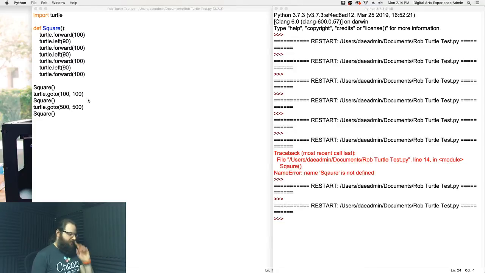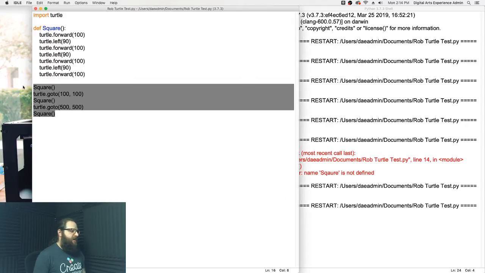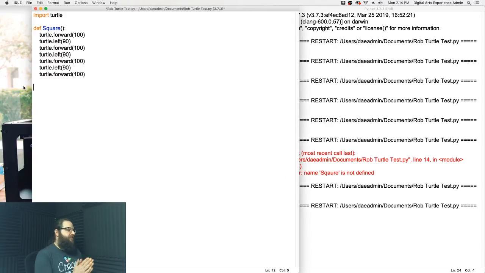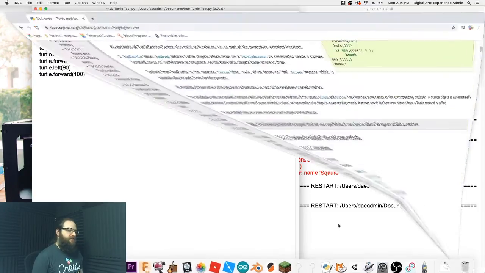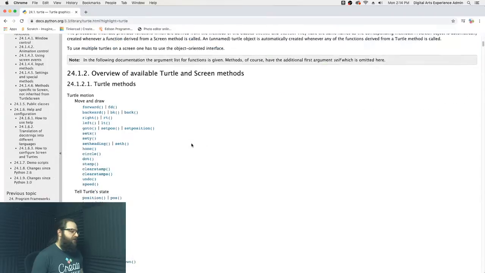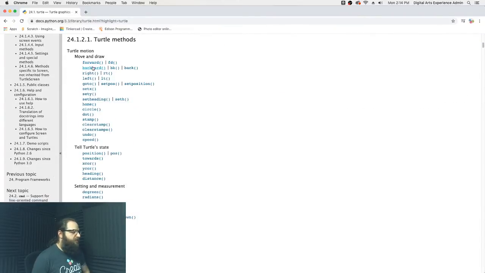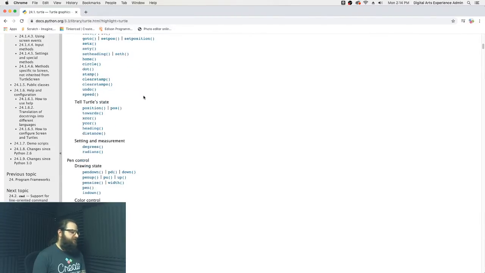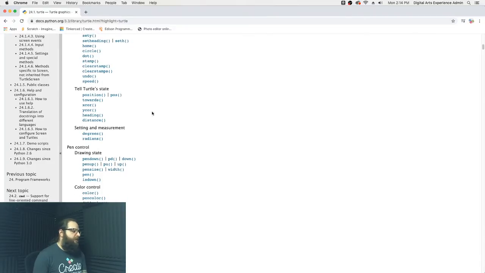square, okay? So let's delete this, and let's look at some of the different things that we can do in the Turtle library to customize our project a little bit. So I'm going to pull up the API here. What's cool about this is it gives you all of the different functions you can use with Turtle, which will help you move it around, change the size, change the color, change the speed, all that kind of thing. So forward, backward, right, left, go to, bunch of different other functions. We can tell the turtle state, which means get its current position, and then we could change that position by